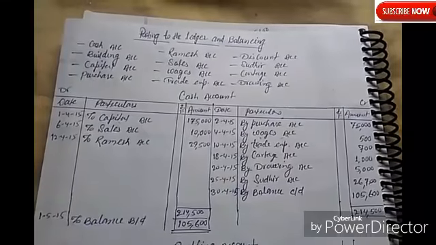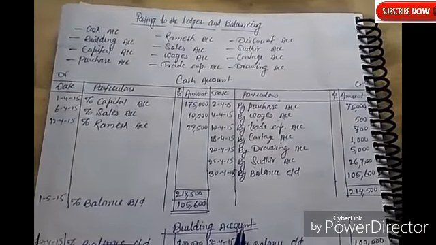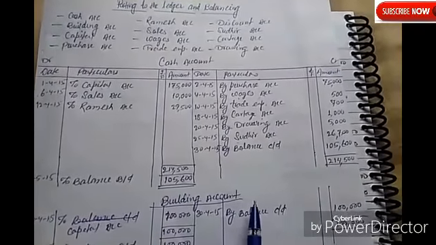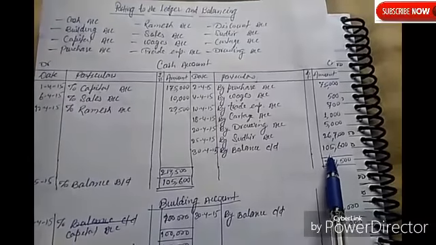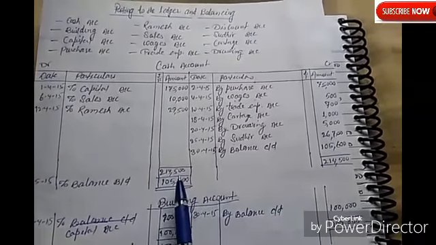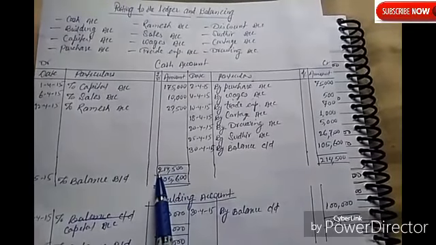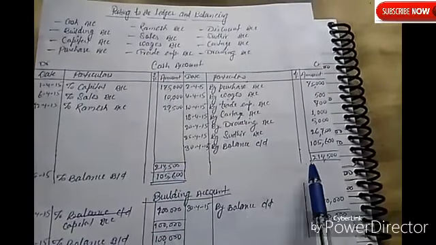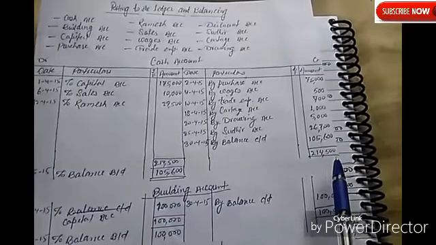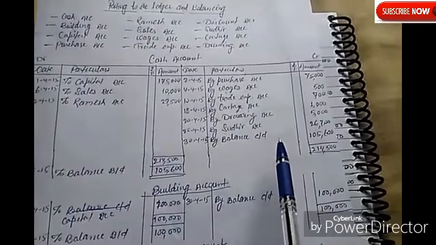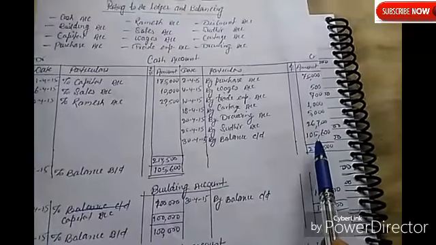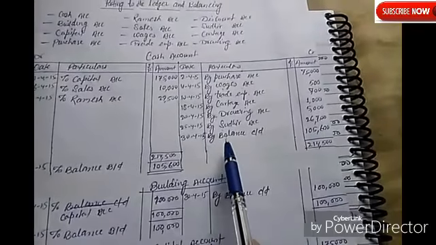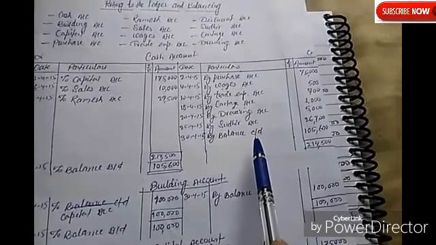After posting all journal entries to the ledgers, now we will see how to balance each and every account. First of all, I have to consider which side is more. Whichever is more, just total it, like here 214,500. This is more. The debit side is more, and put the same value here, 214,500. Then how much balance will come here? See this, here 105,600 is the balance. So write by balance carried down, C/D, that means carried down.